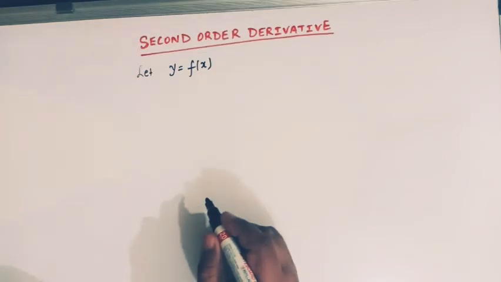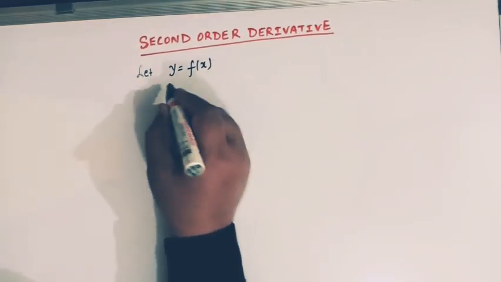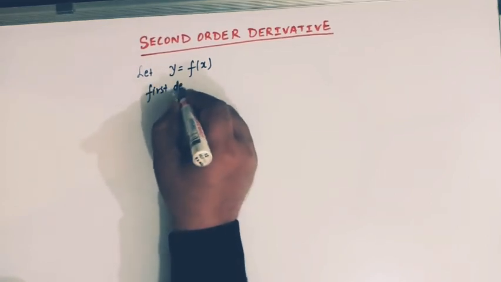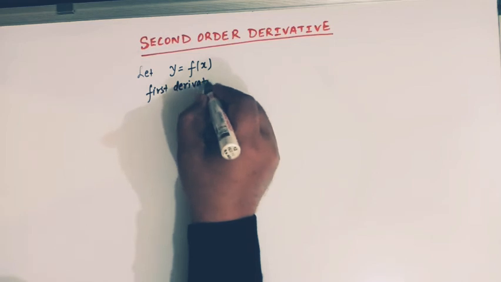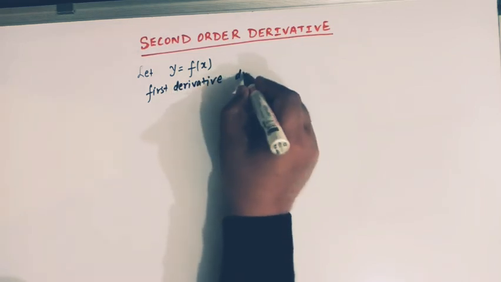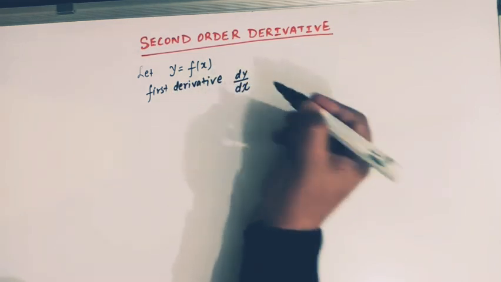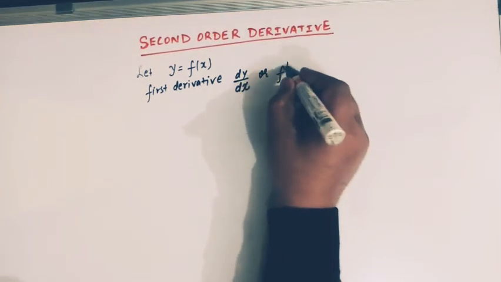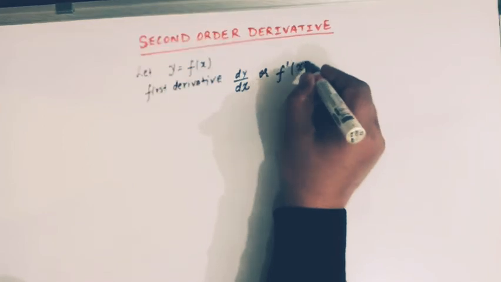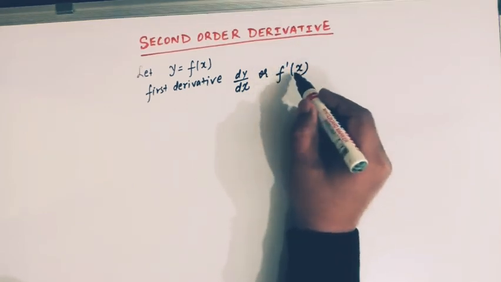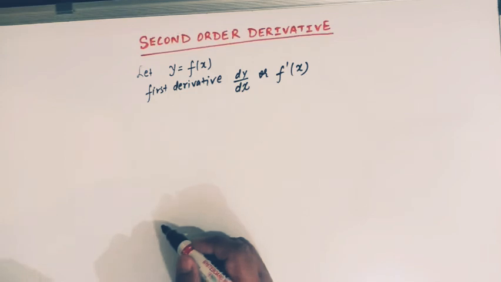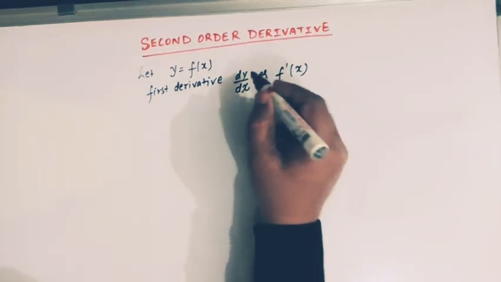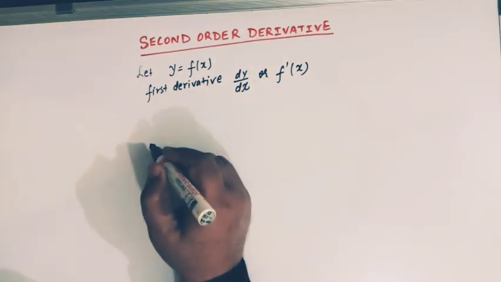Now we know that the first derivative is dy/dx, or it is denoted by f'(x), f prime of x. Now if we differentiate the first derivative,